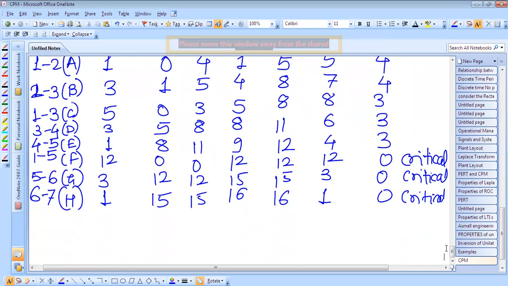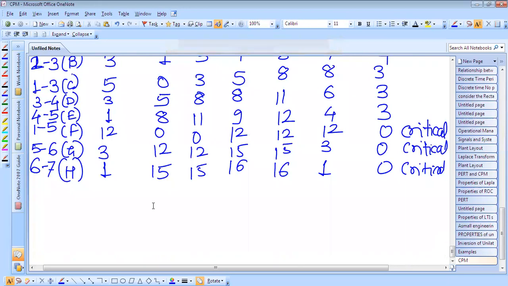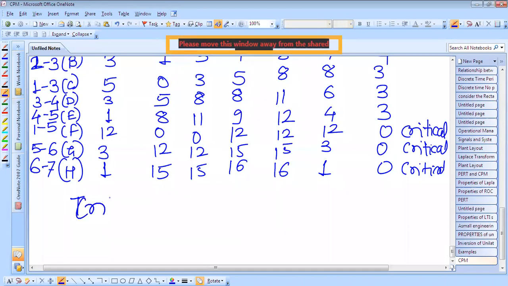I think there is a little less than 1 minute remaining. So take the attendance and send it to my personal WhatsApp number. Okay. So the critical path is